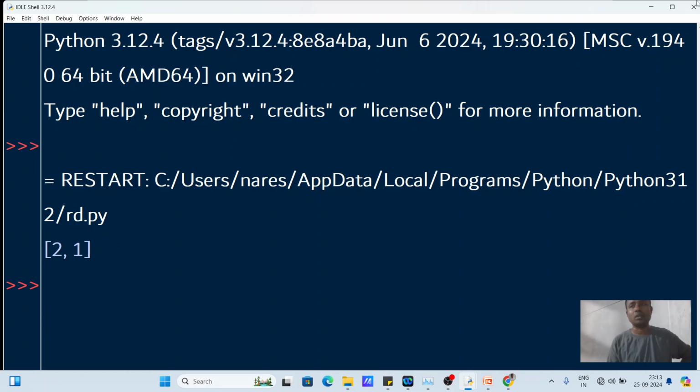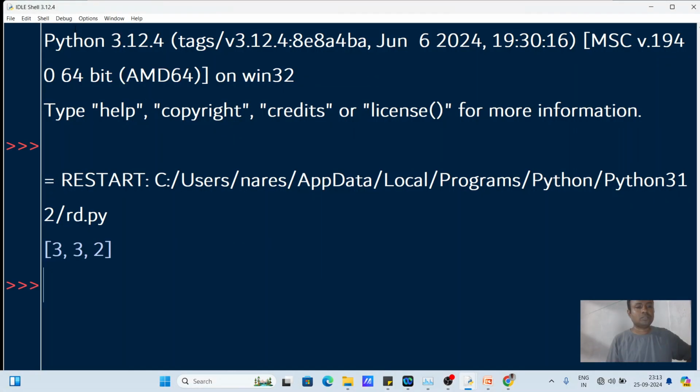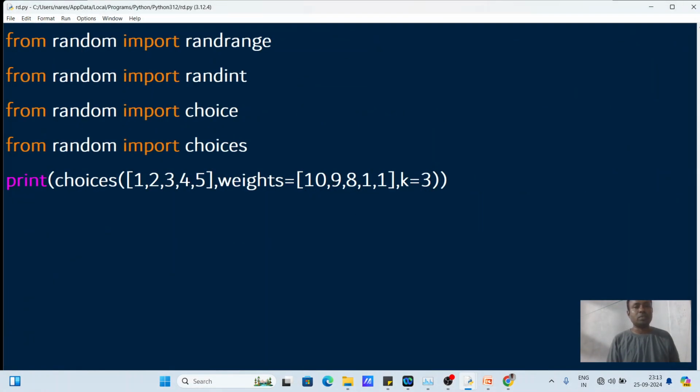2 1. So why did 2 1 come? 2 has the priority 9 and 1 has the priority 10. That's why when you mention 2 as the count, 1 and 2 are returned. The moment you mention 3, since 8 is the next important priority, obviously 3 3 2 comes. So it will return based on the highest priorities. Now the moment you mention 5,